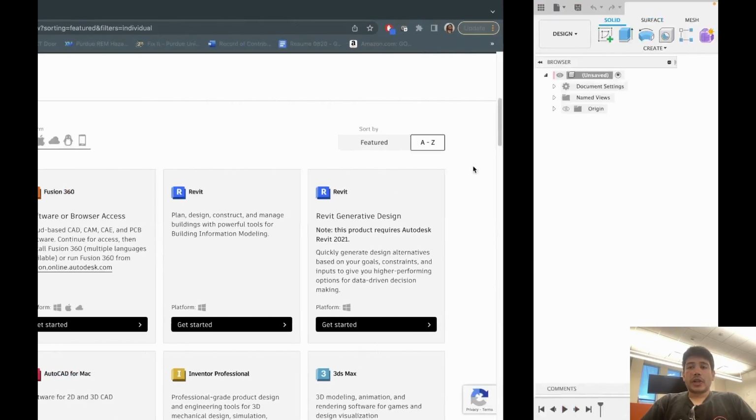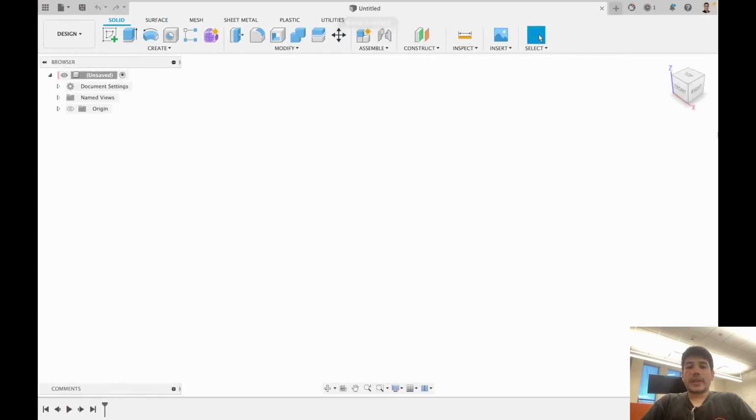Now you've opened up your client and you've logged in and you're greeted with this window. So there are a couple of settings I would like you to set beforehand so Fusion becomes very easy to use. So the first thing I want you to do is go onto this icon, click on your icon,